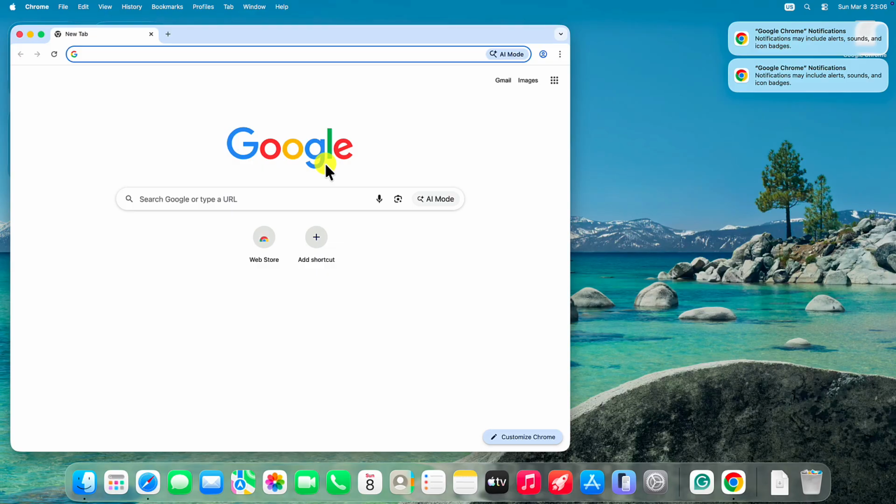Step 2, the clean reinstall. If a restart didn't cut it, you might have a corrupted file. We need to do a clean reinstall, and just dragging the app to the trash isn't enough. First, drag the Google Chrome app from Applications to the trash. Now for the important part. Open Finder, click the Go menu at the top, and choose Go to Folder. In the box, type